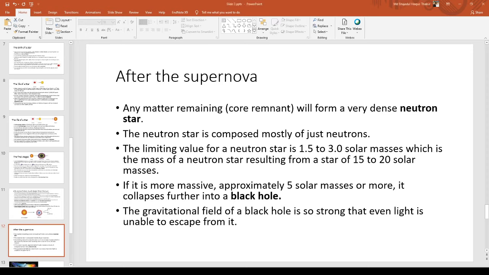Anyway, that's why the neutron star is composed mostly of neutrons. Now think about it. A nucleus is millions of times more dense than the atom, right? But a nucleus is composed of protons and neutrons. If you remove the protons and take only the neutrons, then it's much more dense. A neutron star is even slightly more dense than a white dwarf star. So the neutron stars are the most dense objects in the whole universe. All right,